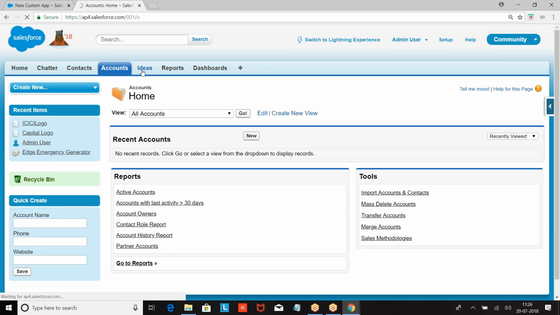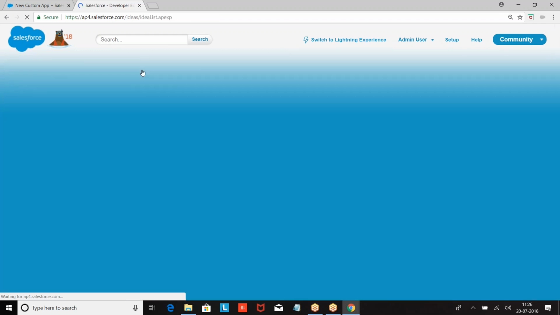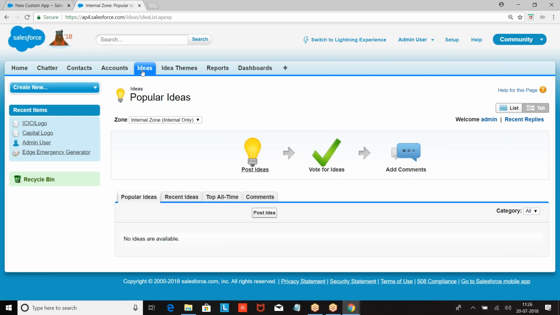Whose data do you want to display? On the first page of the application, whose tab data should be displayed? That is called default landing tab. The tab whose data needs to be displayed on the first page of the application is called default landing tab.